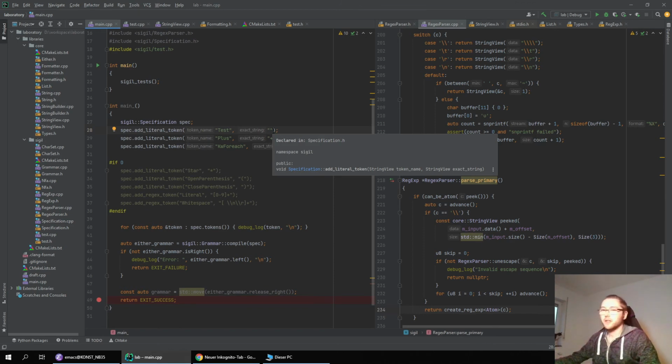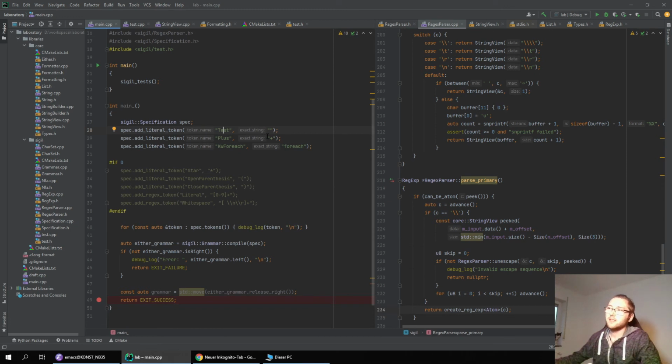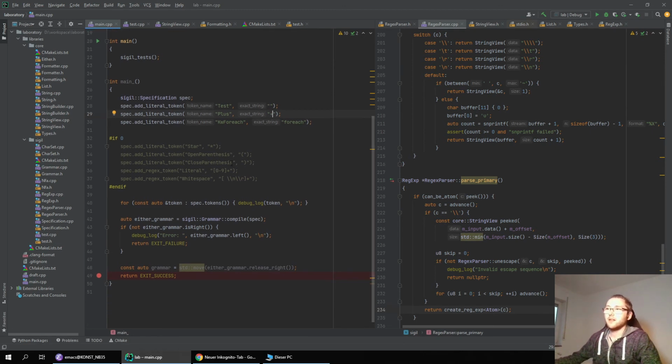No? Let's try. So I can either give it an exact pattern, which I call a literal token, so a pattern which is matched literally, and I can also give it a regex token, where I can say a regular expression to specify a pattern where a concrete value is abstracted over by a pattern. So this pattern describes infinitely many